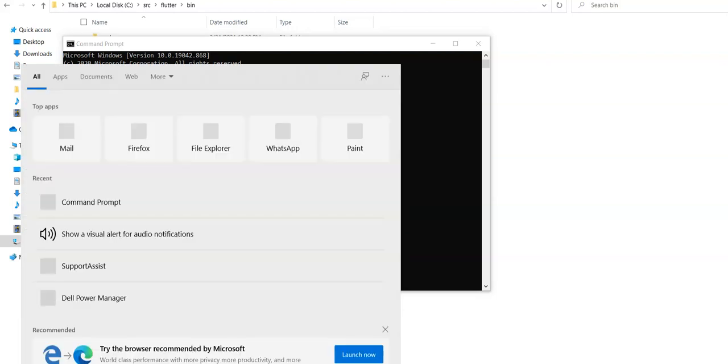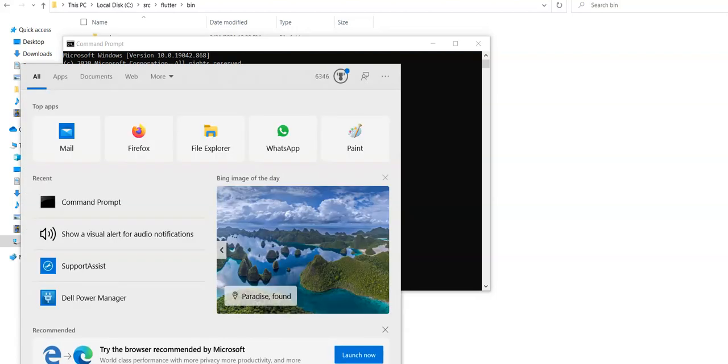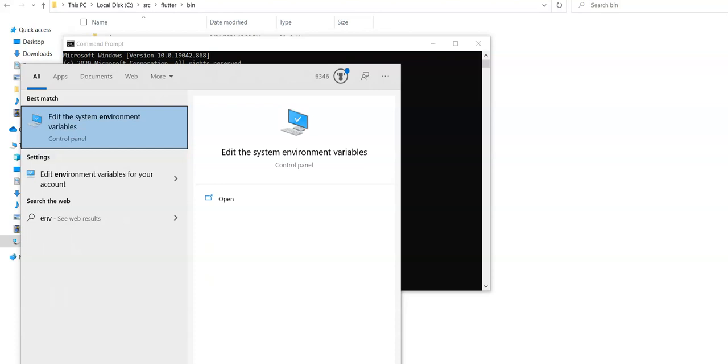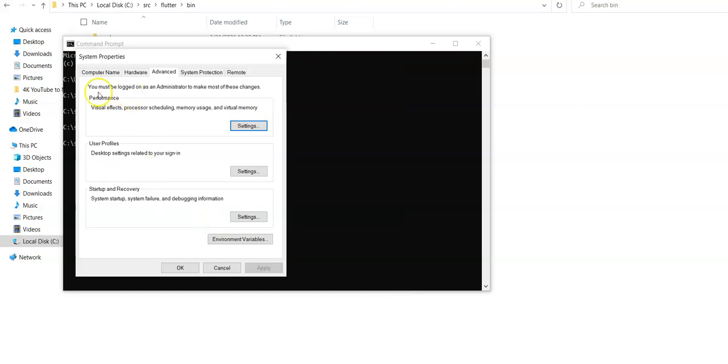So go back to the search bar and here type env to edit the system environment variables. And in this dialog box at the bottom, you'll see an option called environment variables. Click on that